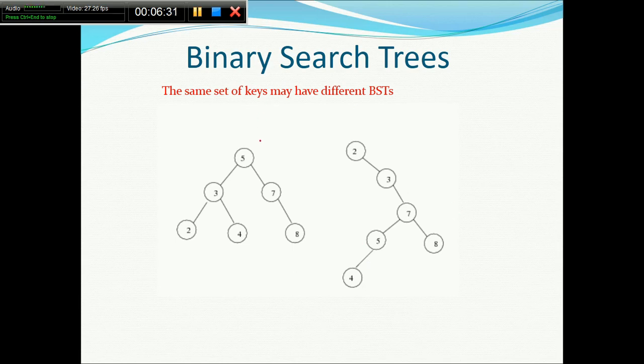You can consider here for this 5, all the nodes in the right subtree are greater and all the nodes in the left subtree are smaller. Similarly for this particular binary search tree. What you have to understand here is, since the order of the insertion of the keys actually makes different binary search trees, in both the cases the key values are same. We have 6 keys in both the trees, and also the keys are same. But in whatever order we have inserted into this binary search tree, it will create different BSTs.